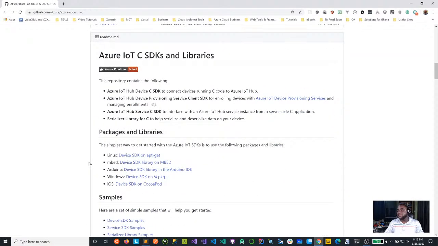So Microsoft has released the embedded C SDK and library for IoT devices. Now, why are we excited about this? The reason being that sometimes you have IoT solutions on devices with constraints like low memory, low storage, low flash, all that. And it becomes difficult for you to implement some things. For instance, you want to do device to cloud communication, but the board or the kit you're using has a lot of constraints, and therefore you can't run some of these solutions on it, right? Now, to the rescue is the Azure C SDK.